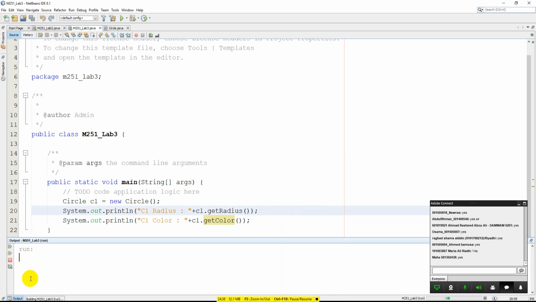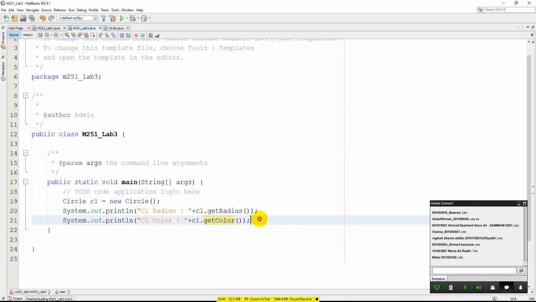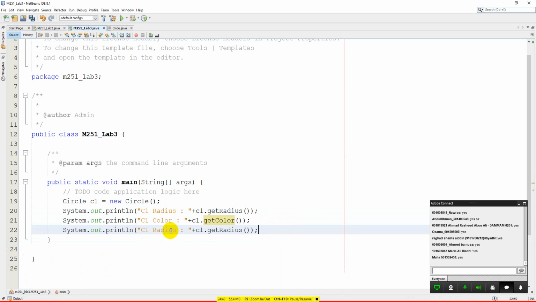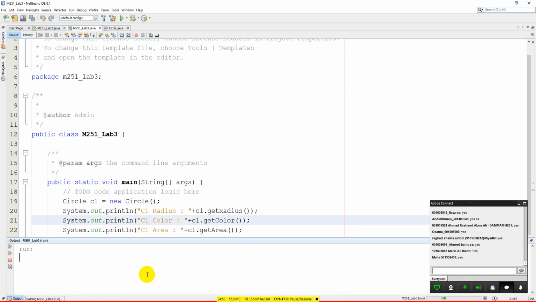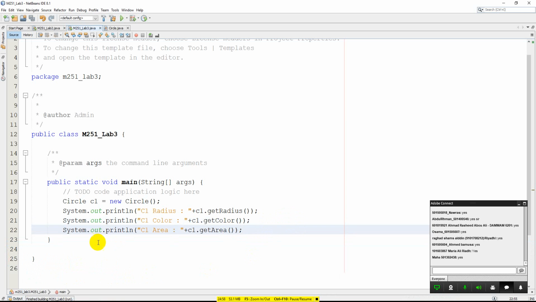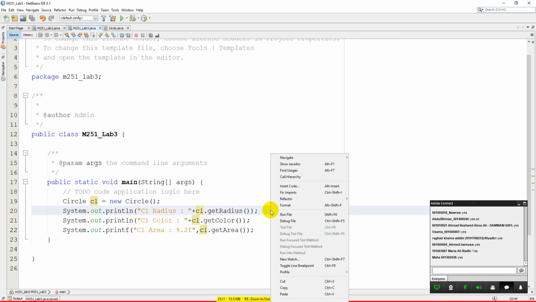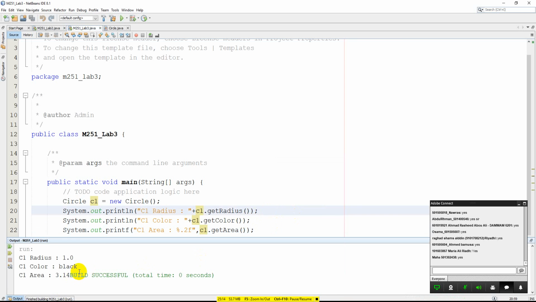Okay, so you have the color black, and if you want the area, C1 dot get area. So this will return you the area 3.14. Now area, if you want to print it in a more precise way, we can use printf and percentage point two f, what you studied already in M105, using percentage printf. So we printed the area